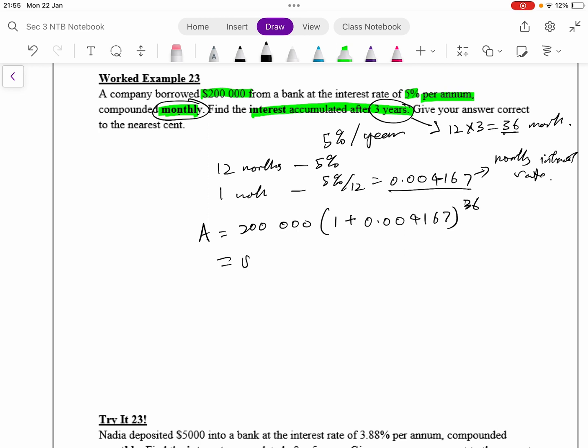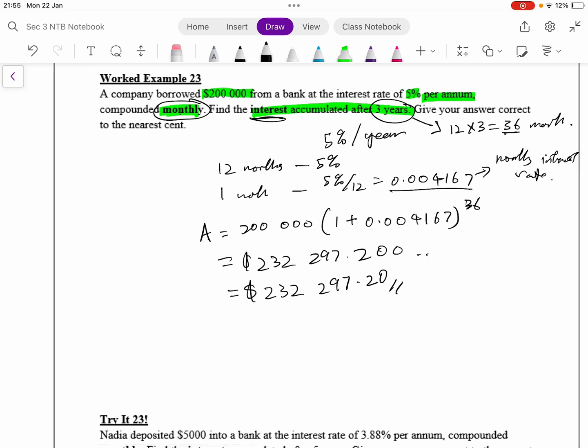You will get 232,297.200. Right? So I wanted it correct to nearest cent. 232,297.20. Right? From here, I think I made a mistake in class. They said find the interest accumulated. So interest accumulated means you take the total amount here, you minus away the original amount. So my interest will be